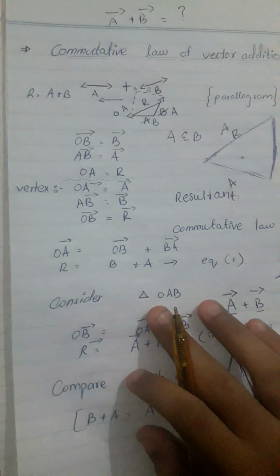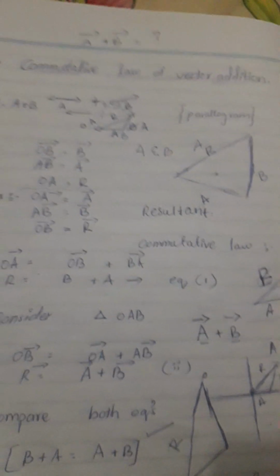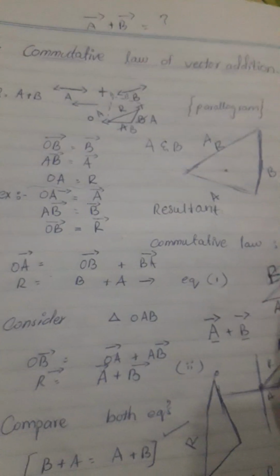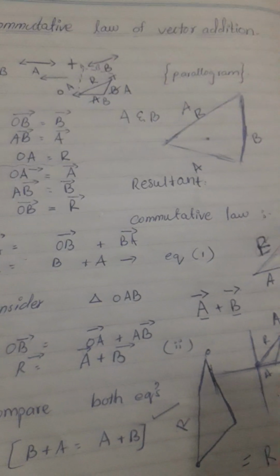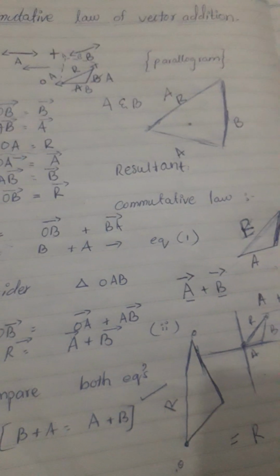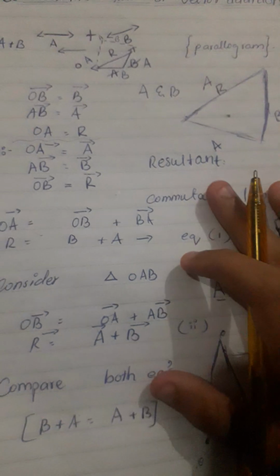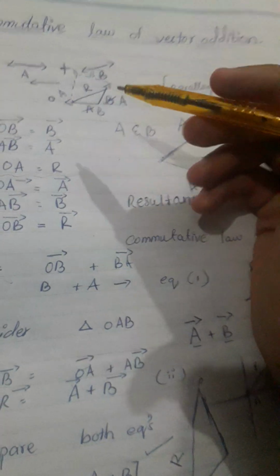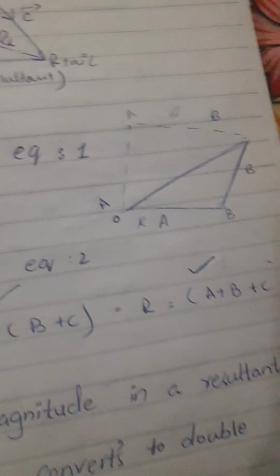Okay, so let me draw a figure right here for explaining it. Now basically what we are going to look at is a parallelogram. What is a parallelogram? You can simply search it out. It is a geometrical shape, mostly used in geometrical questions in physics as well. That's what we are studying today. So this is a complex structure of a parallelogram. Right here I have classified it into a simple diagram.